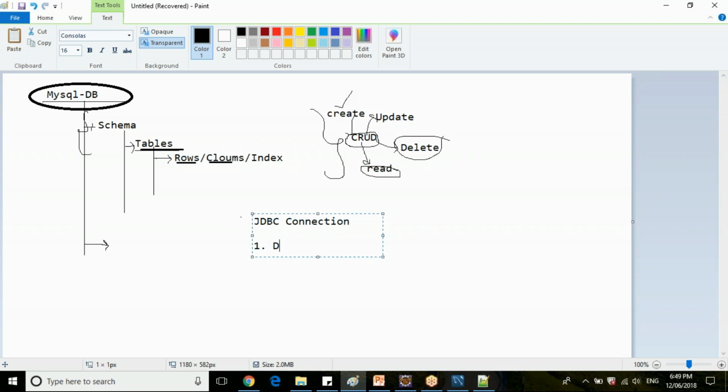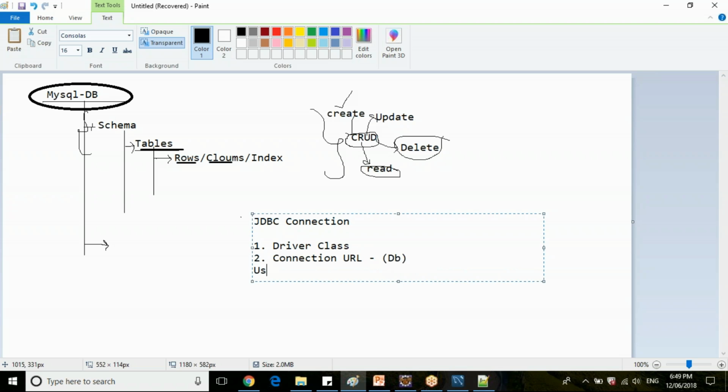So the first step is you need to declare your driver class. In Selenium, we have WebDriver, right? Similarly, the WebDriver will be run by ChromeDriver.exe. Here, this driver class will be run by the database driver that you are using. Then you need to give the connection URL, so which database you need to connect to. So the DB connection URL you need to provide.